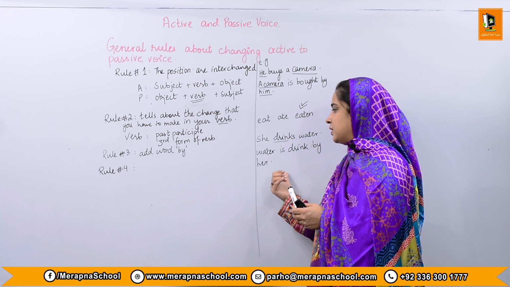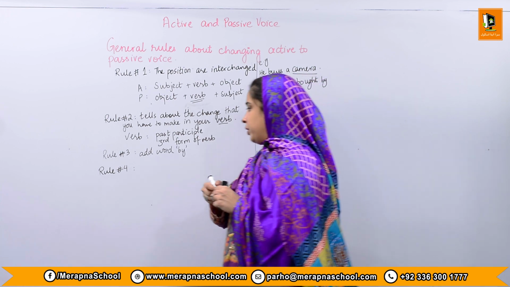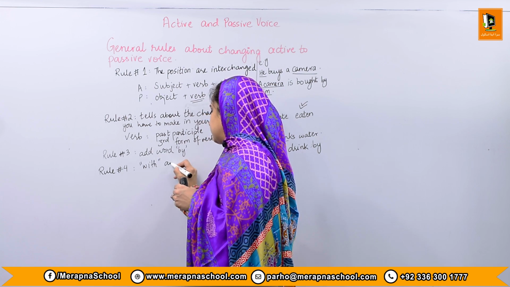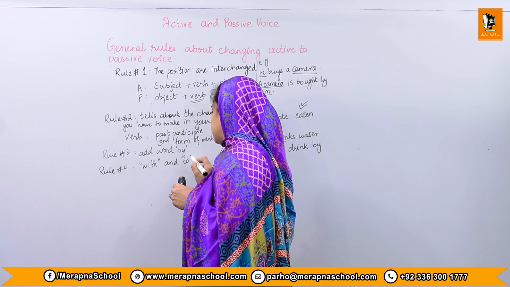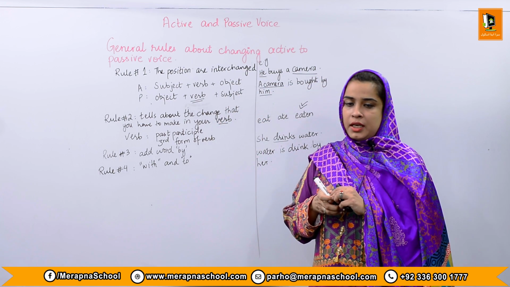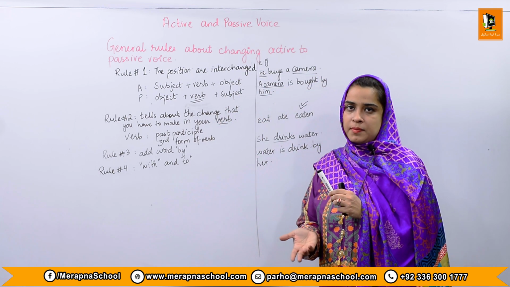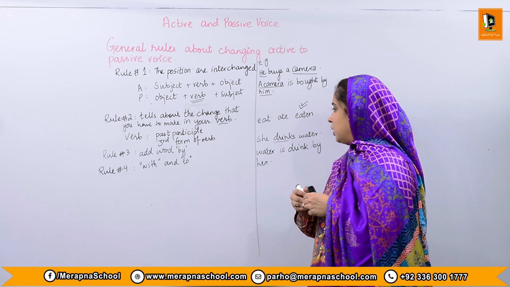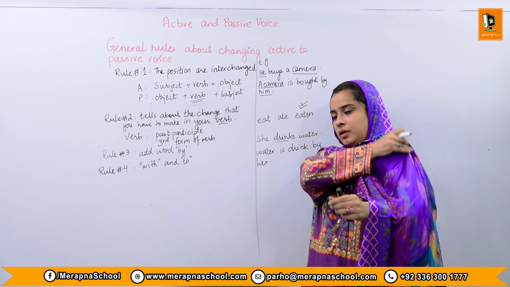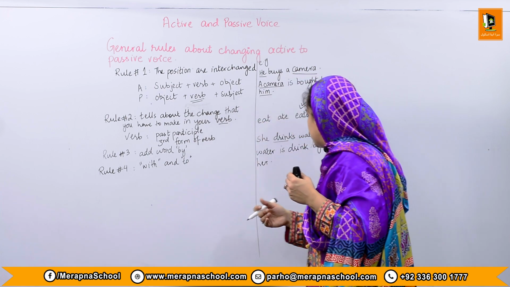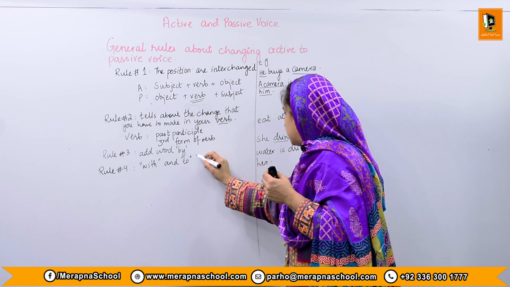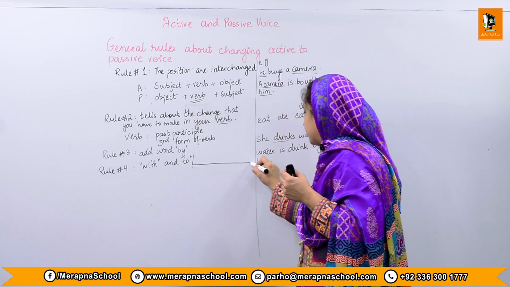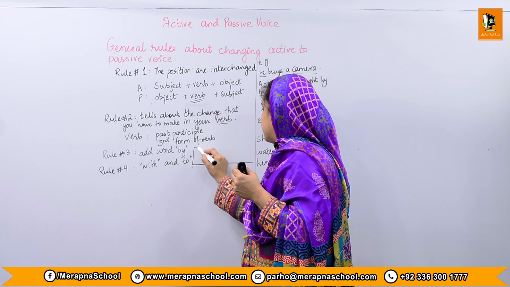You have to look at the sentences, and you can also use the words with and to, depending upon the meaning of the question that has been given to you, the question or the active sentence that has been given to you. Like for example, let's take the example of this rule number 4 over here, which says that